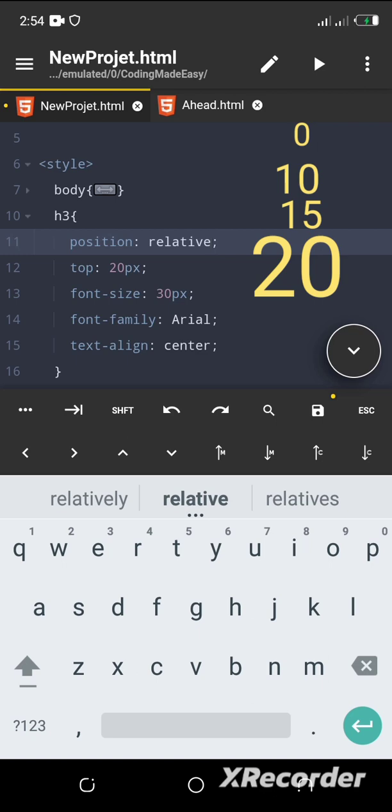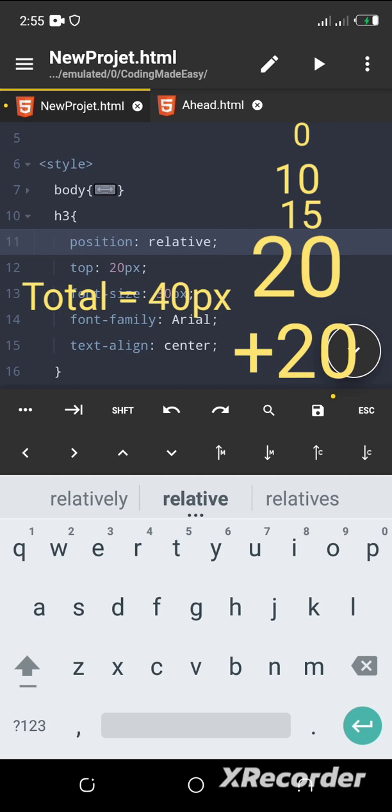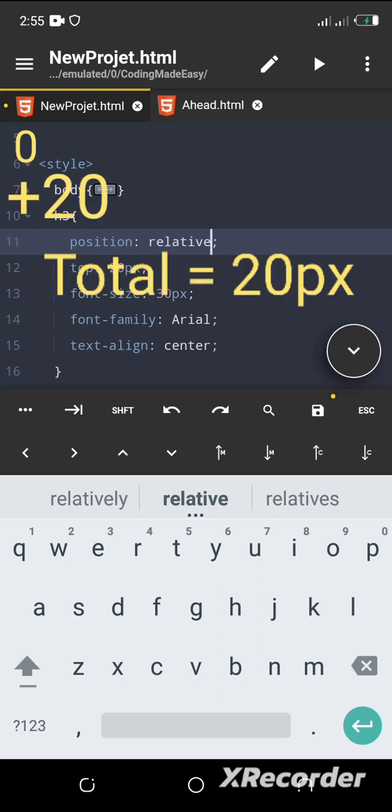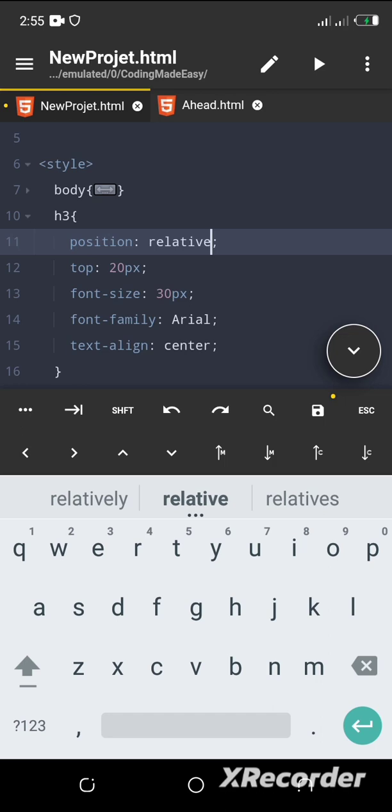So if you use relative, you are saying it should move. Now we are saying it should move 20 pixels from the top relatively. Position relative. So what you are saying is from that point 50, which is on the y-axis, it should add 20 to it. Can you see that? But if you say absolute, you are saying go back to 0 and move 20. So if there's any other element that was on 20 before, cover that element, stay on top of it, overlay on it. That's the difference between relative and